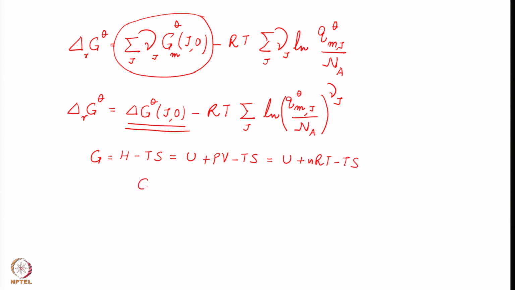Doesn't this equation say G at absolute 0 is equal to U at absolute 0, because when T is equal to 0 then G becomes U. Now I can write the next one, delta R G naught is equal to delta U, I will say J at 0